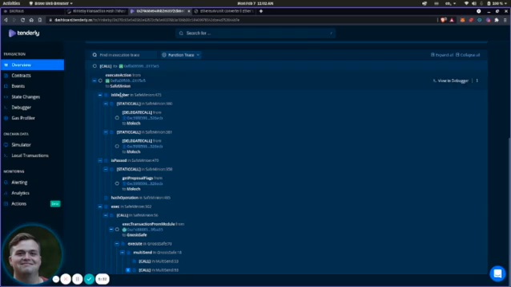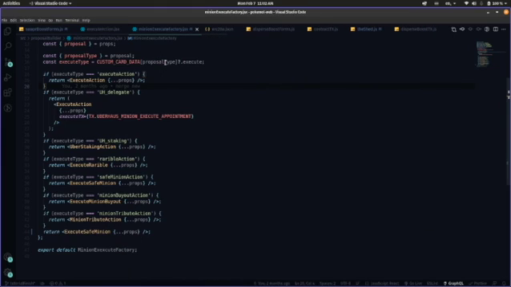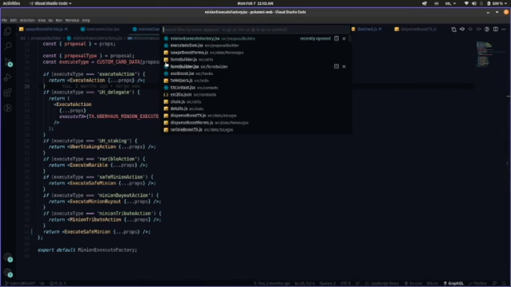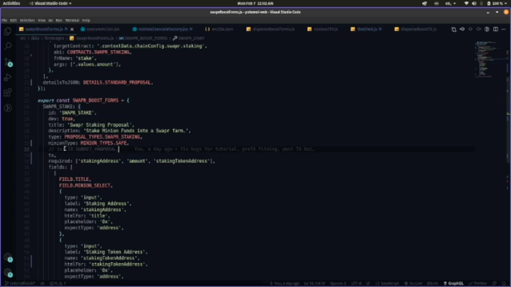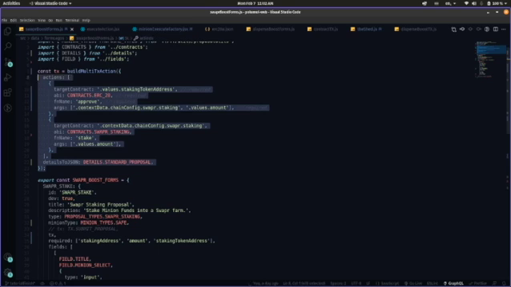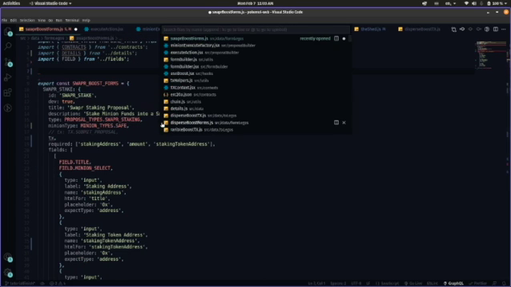But in the meantime, while we're waiting, what we can do is go into the code. Sorry, I'm just going to clean up here a little bit. We're going to go into our swapper boost form, and we kind of want this to look like all the other forms. So what we're going to do is pull this guy out of here, and then we're going to go